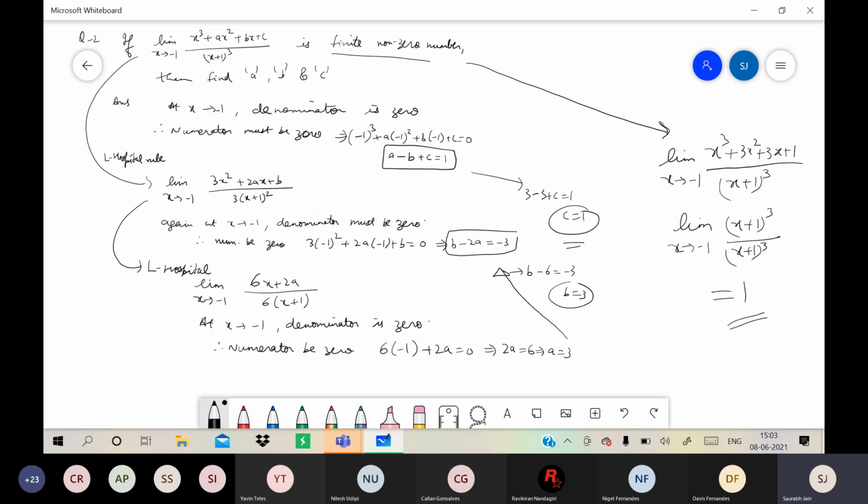So like that you will get the equations in the unknowns, you can solve them. You can find them using the solution of the system of equation. These are simple equations, you can solve them directly. And if they want you to find the limit also, you can put the values of these alphabets in the question, and by that you can solve the limit as usual.